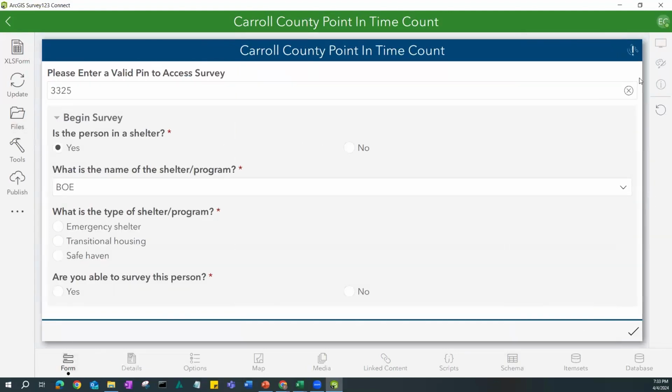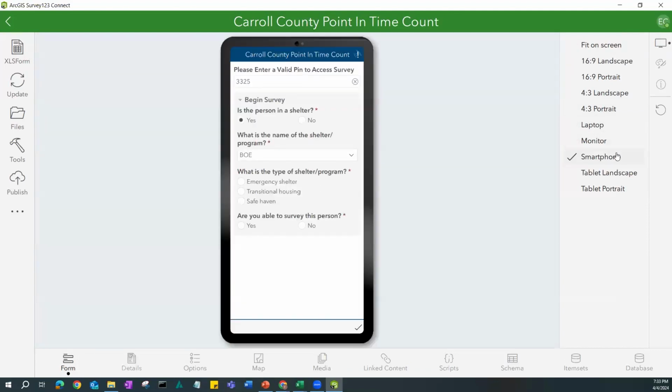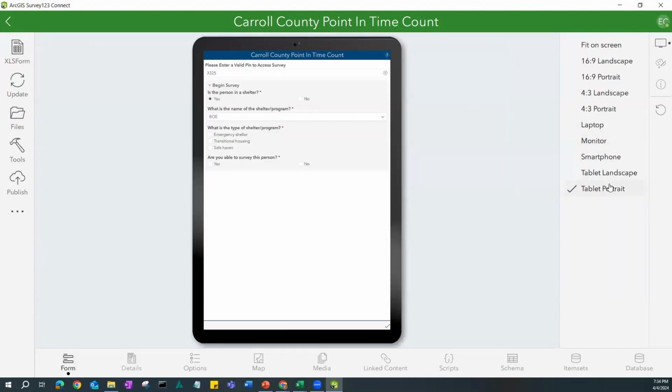And then a really cool feature that I absolutely love is this Bezel feature. The Bezel feature allows you to preview your survey on different screen sizes, monitors, and mobile devices. It's wonderful. So if you want to look at it on a smartphone, well, there you go. Now you can see how your survey design shows up on a smartphone. If you want to look at it on a laptop, there you go. So it really allows you to test how your survey design looks on different mobile devices and on